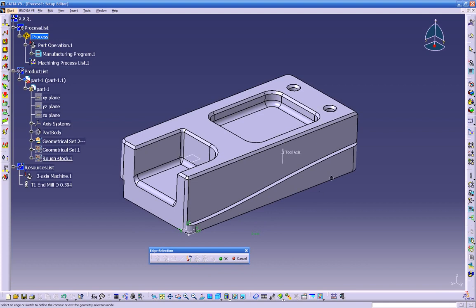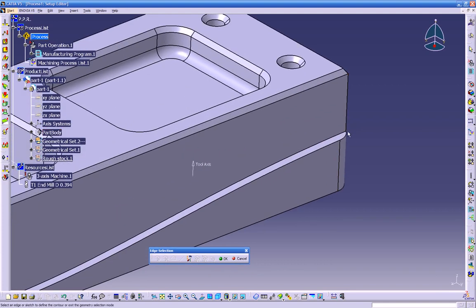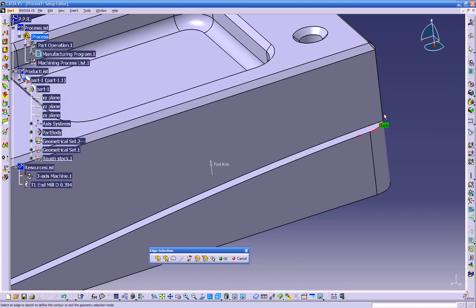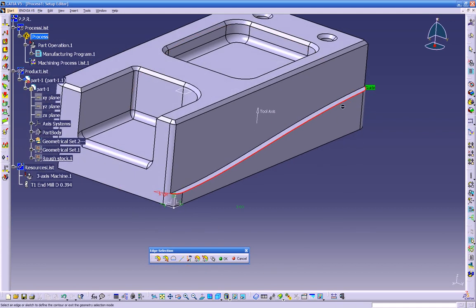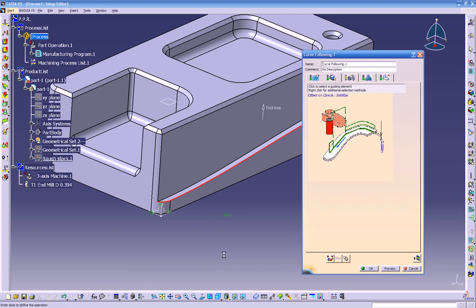So for example, let's have the tool coming on this curve right here. So let's change the direction, and we can put navigate on belt of edges. Automatically it just follows it around, and it stops right there. Just click OK,